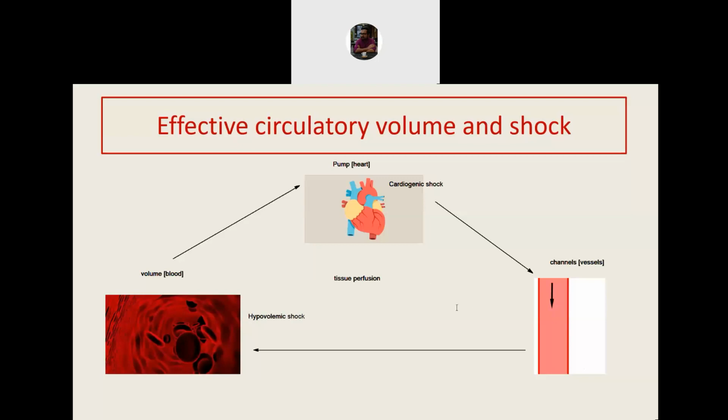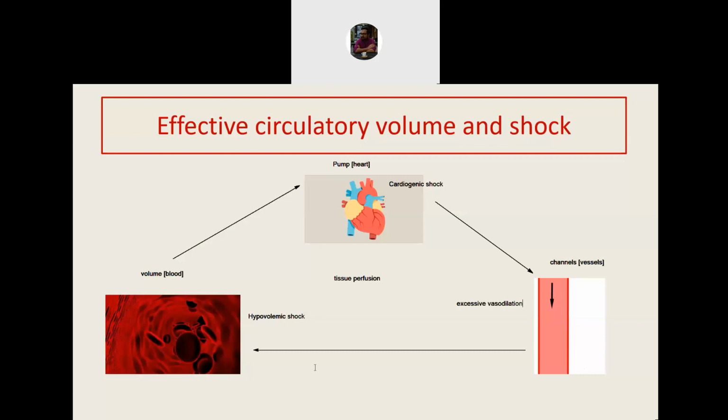In the third category, suppose there is excessive vasodilation. Now, apparently it might seem that if the blood vessels become dilated, then more blood will go into the tissue. But you take this simple analogy. Suppose you have taken a wide diameter tube like the tubes that are used in the drainage system or in the manholes, and then you pour 2 buckets of water in that. The water is not sufficient to fill the tube and therefore it will not generate any end pressure.